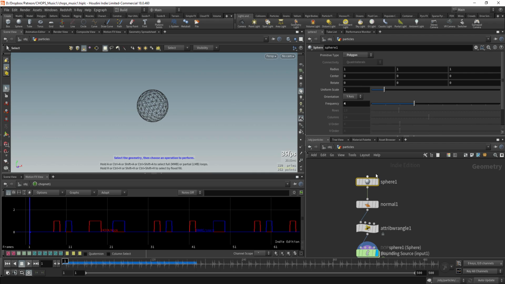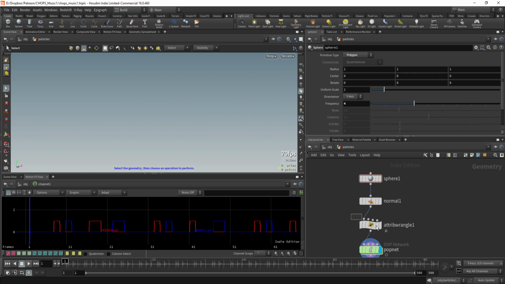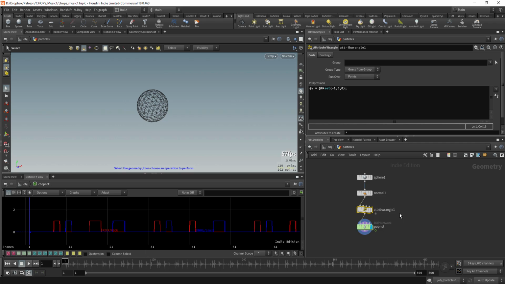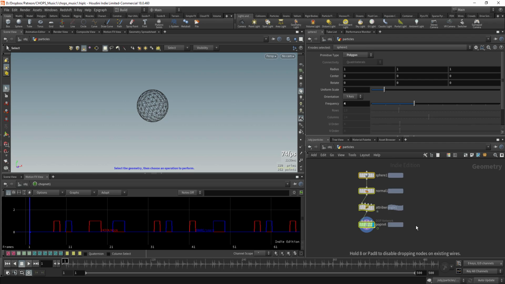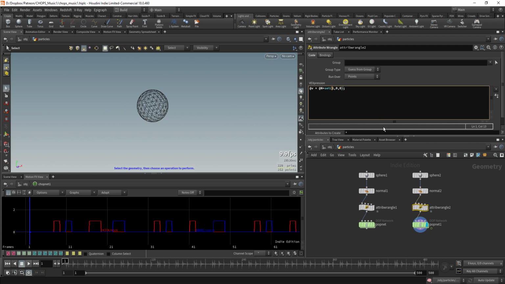So let's emit particles for the kick that go to the left side, and the snare goes to the right side. Okay, so let's create a sphere. So actually the velocity, let's add a new vector to that. So let's point to the left side, so -1 in x, and yeah, so this is the kick. And well, we could do it in the same pop net, but just so that it is easier, let's do another one for the snare. So let's move that to the right side,